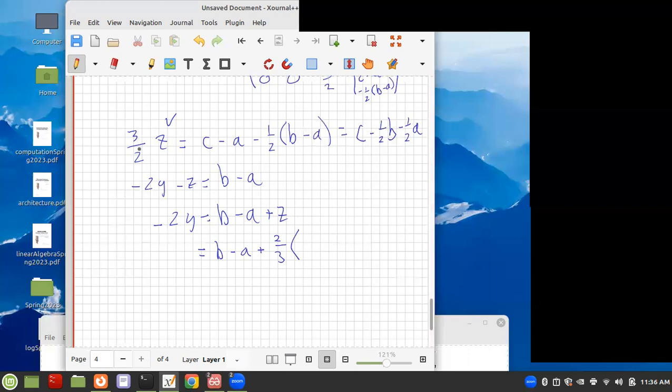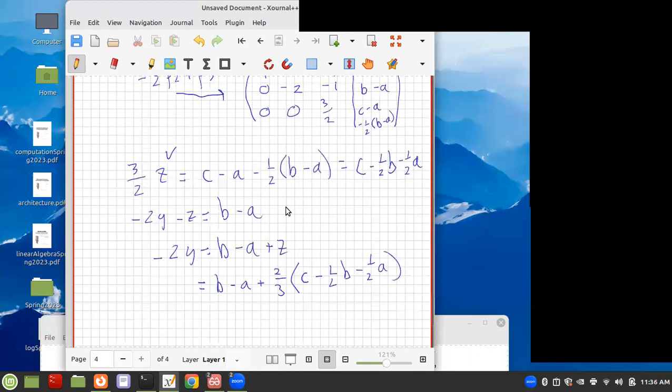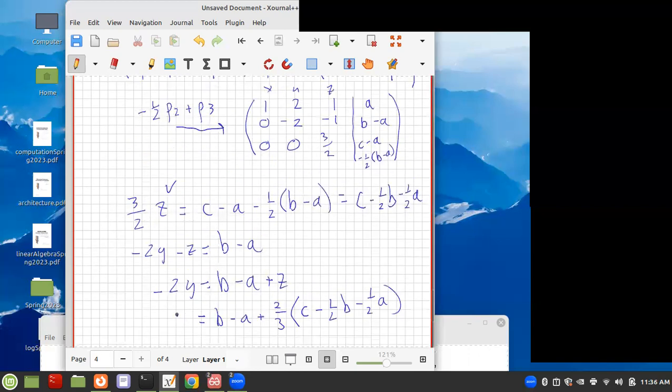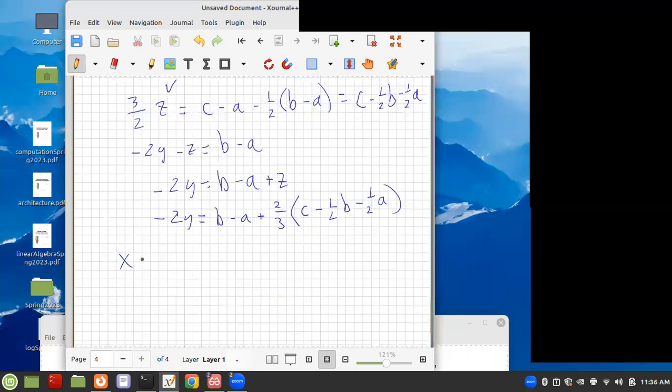So we want to put in here 3/2 z, and then we'll get out 2/3 c minus 1/2 b minus 1/2 a. It's getting tedious algebraically, but you can see that I've got a value for any a, b, and c you choose. I can tell you what z is, I can tell you what y is, and then the same thing's going to happen with x plus 2y plus z